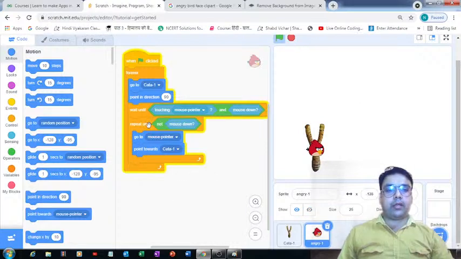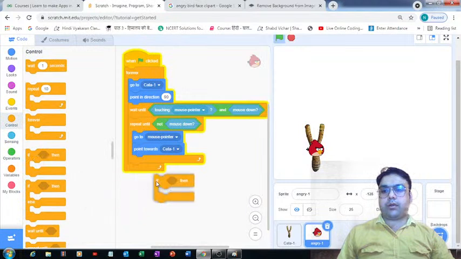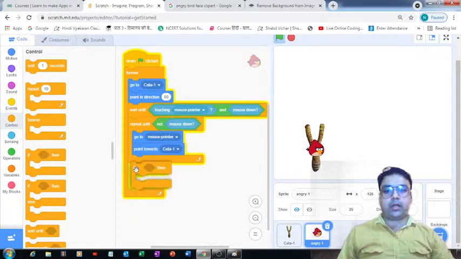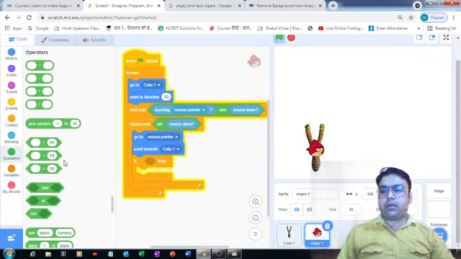Let's now define an if control statement. We can get it from the controls block. I am putting it right below this point towards. Now let me compare the distance. How can we compare it? We can make use of this block.